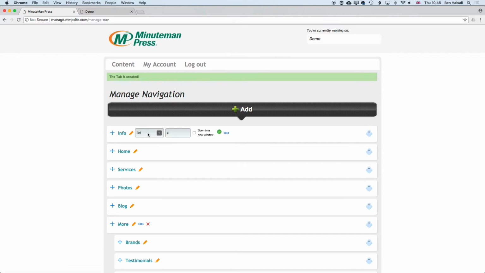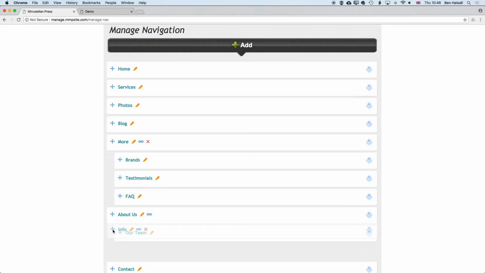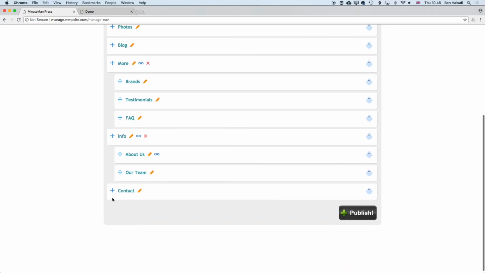And then in here under our link you can see we have a URL link, and it's just to a hashtag. So when we hover over it, it's not going to link to any page, but we can use it to contain those sub-menu items. So if we scroll down a little, we can drag the info down, and what we'll do is we'll drop in About Us and Our Team and Contact into the info section here and press Publish,